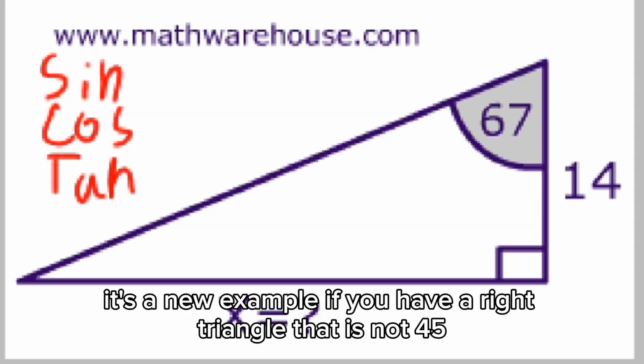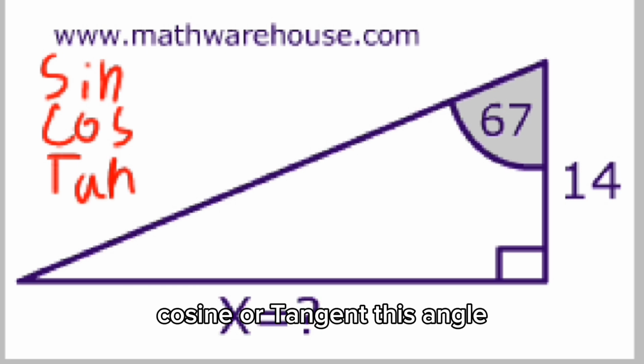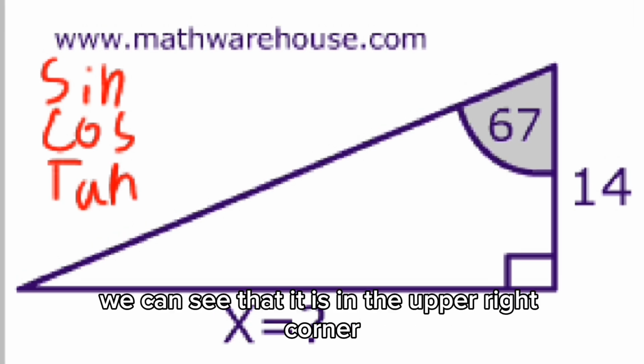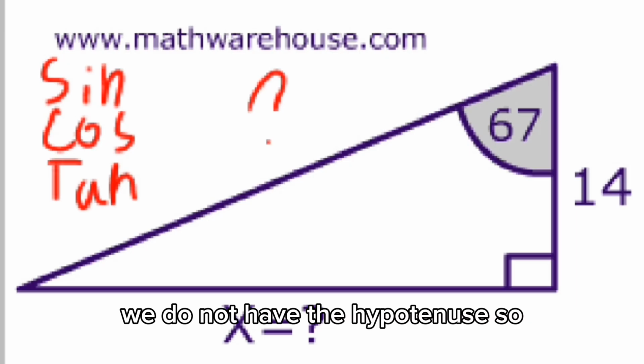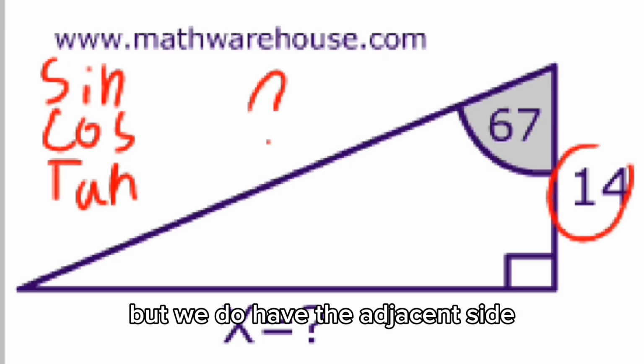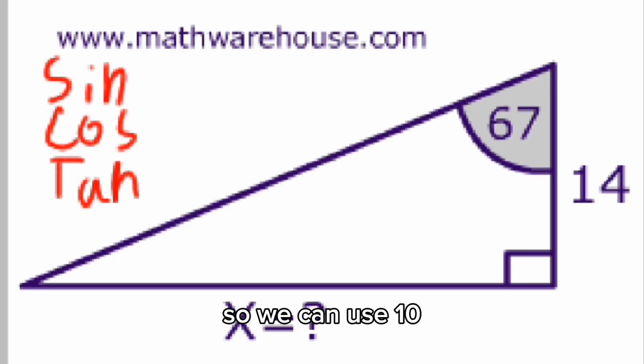Here's a new example. If you have a right triangle that is not 45, 60, or 30, you can use one of your trigonometric ratios like sine, cosine, or tangent. This angle, we can see that it is in the upper right corner. So sine is opposite over hypotenuse. We do not have the hypotenuse, but we do have the adjacent side. So we can use tan